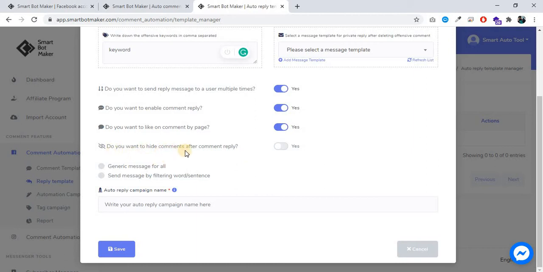Do you want to hide the comment after the comment reply? If you turn it on, when the bot replies to a user comment, then the user comment will be hidden, so no one can see that comment. Only the page admin and the user can see the comment.